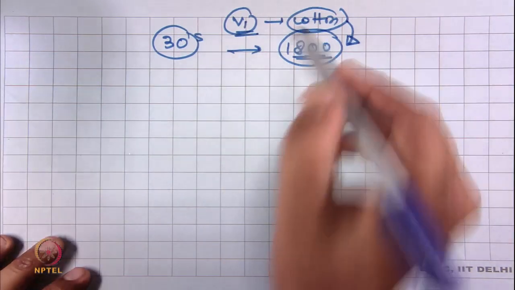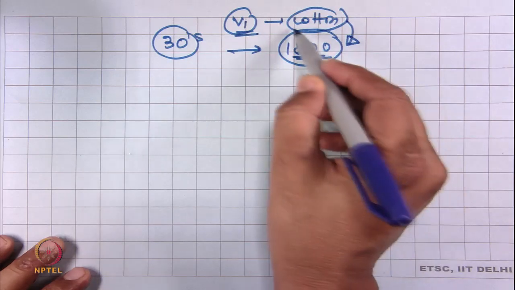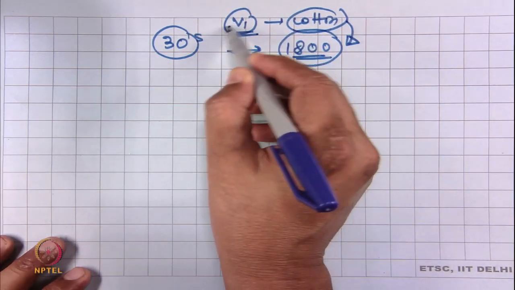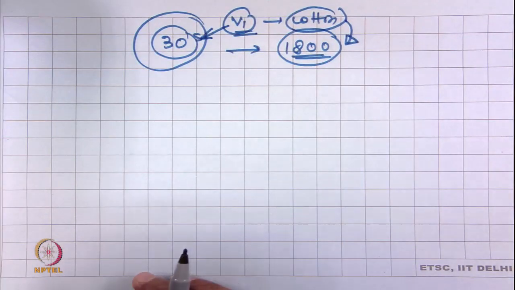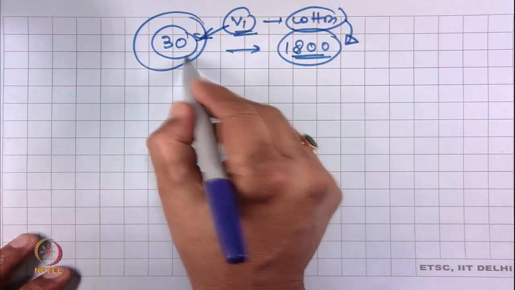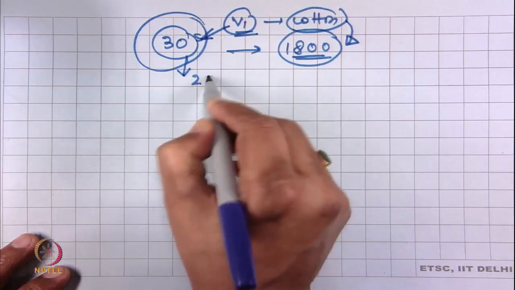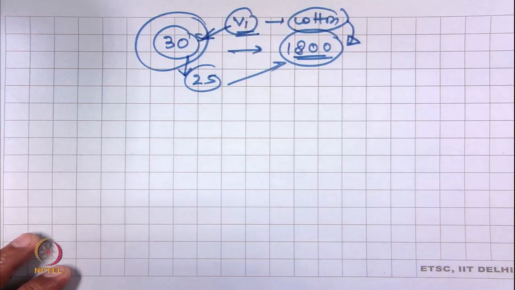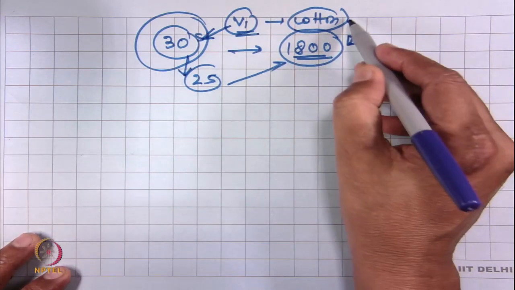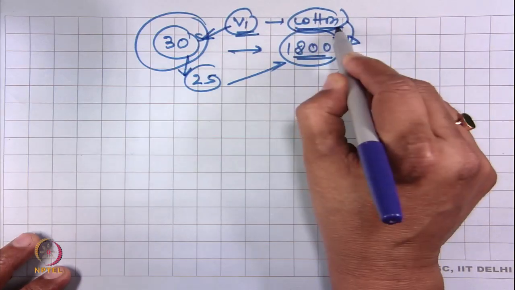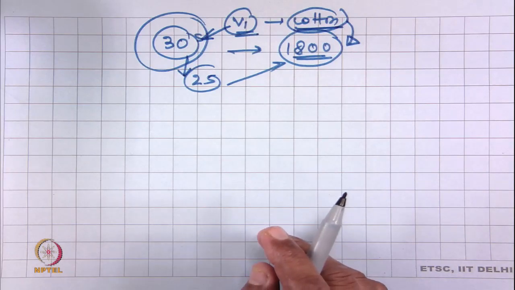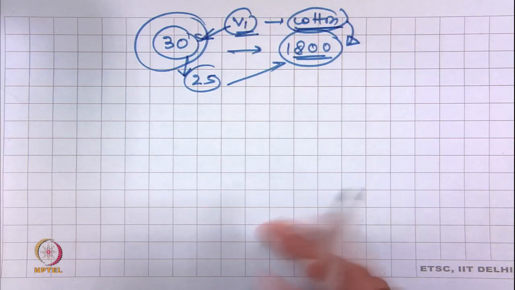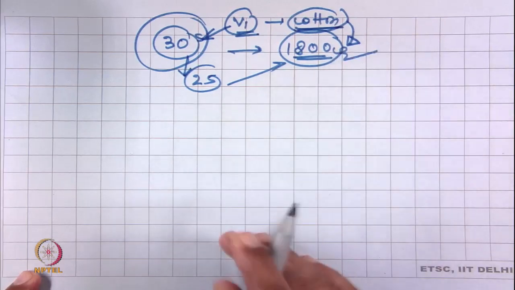This will give us an indication: this particular variety of cotton will be used for this count, around 30s count. Now, if we reduce the count and make it 25 count, it should give the value 1800. Now, suppose for this cotton variety V1, is it true that if we produce any count, this will always give 1800